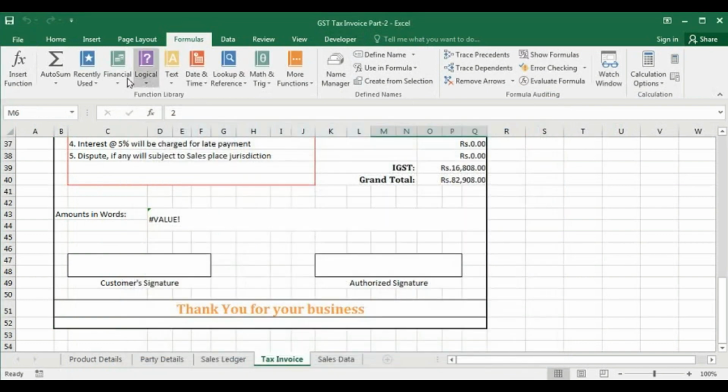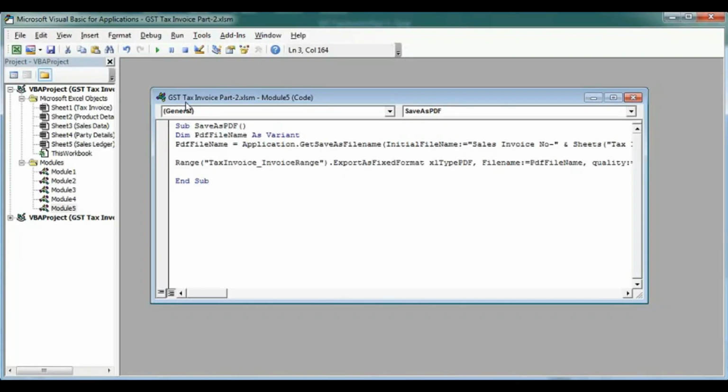So you can give it here, print area. So type print area, and ExportAsFixedFormat, that is xlTypePDF.